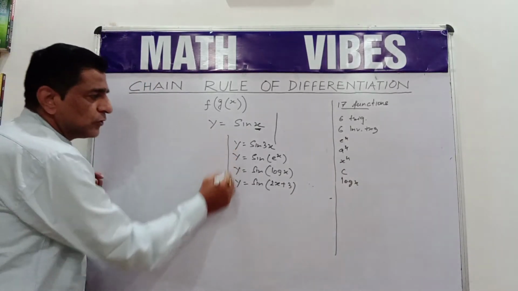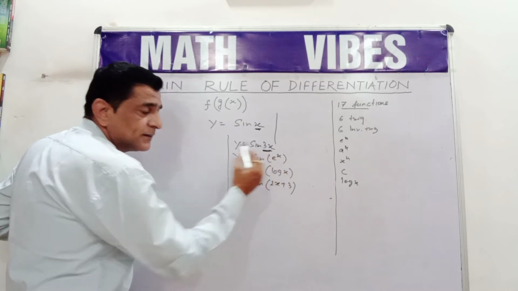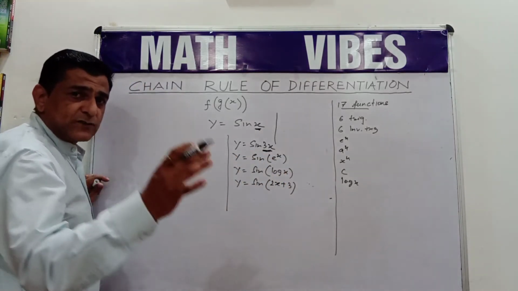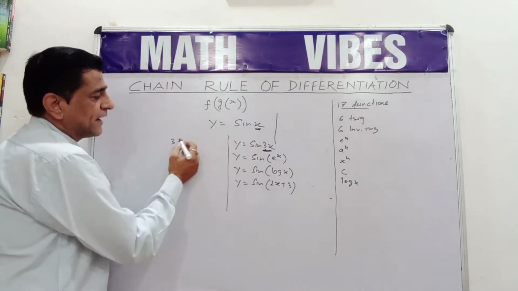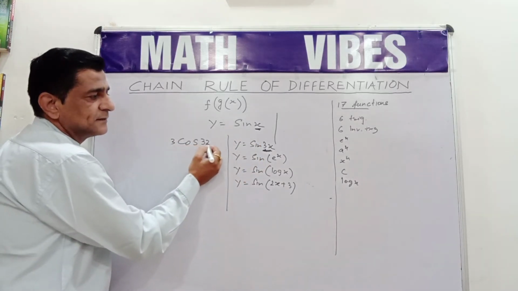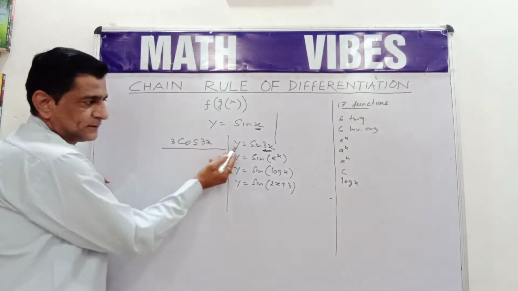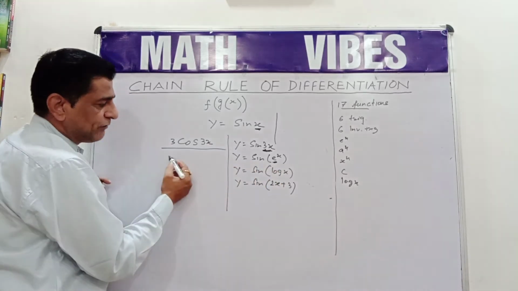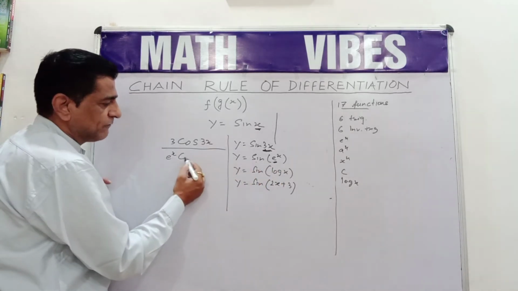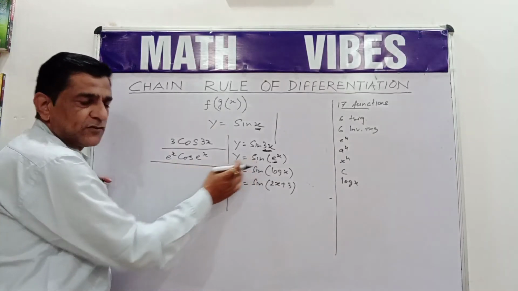So what we should do is differentiate the function which has come in place of x. Here 3x, the derivative is 3, and the derivative of sine will be cos 3x. The angle will remain the same. This is the derivative of sin 3x. Now here, the derivative of e^x is e^x, the derivative of sine function is cos, and the angle will remain the same. This is the derivative of sin e^x.